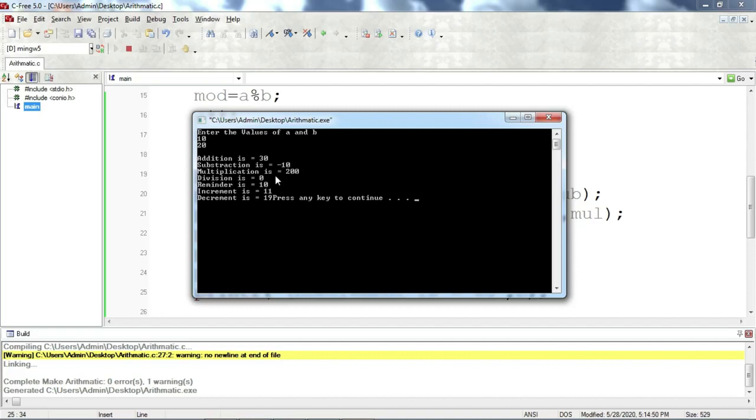Because here we divide a divided by b. Here we gave the formula as a divided by b, and the value of a is 10 and the value of b is 20. So here 10 divided by 20, the denominator is greater than the numerator, so the answer is 0. Then remainder is 10, increment is 11, because the value of a is 10 and after increment it is increased by 1, so the answer is 11, and the decrement is equal to